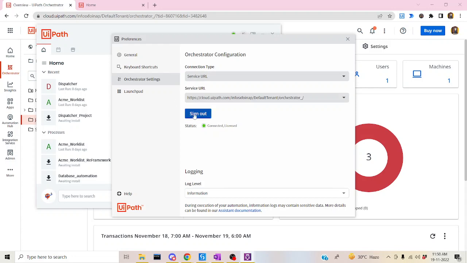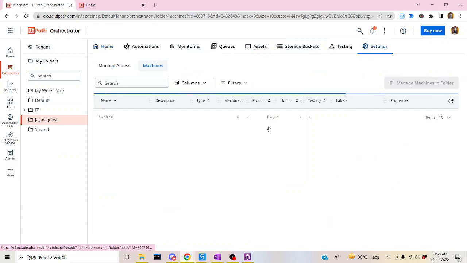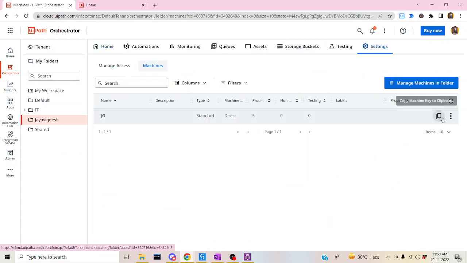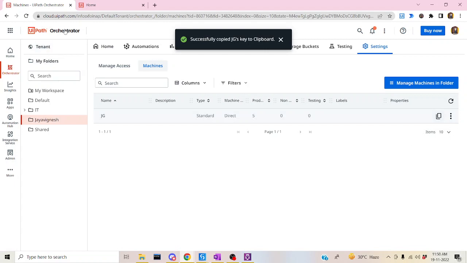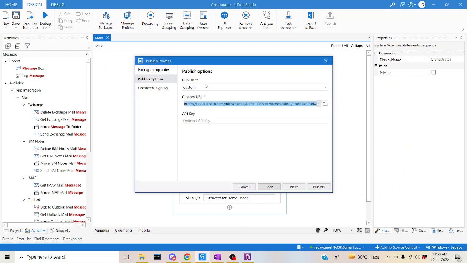So what you have to do is sign out and select the option which is nothing but machine key, and then you have to come here. Once you have selected machine key, it requires the machine key. You can copy the key here and paste it over there. In a future session, I will let you know how to create a machine and how to do those things as well. As of now, we are going to publish this particular script into a